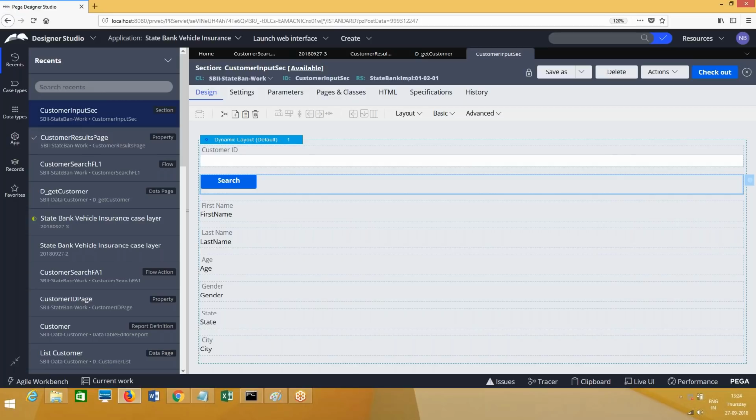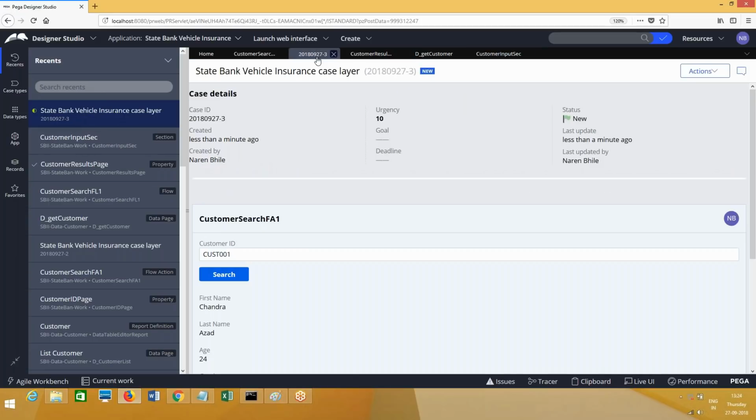So by using keyed access pages, the search will happen directly on the clipboard, not on the table. Generally, if you are searching for something using a key, the search happens on the table by using either obj open or obj open by handle. But now here the search is happening directly on the clipboard of the data page, which is of type list. So this is the advantage, done without going to the database again and again for searching with a key value. So this is a replacement of obj open, or obj open by handle also, wherein we are not required to hit the database again and again with the key value. So that is the advantage.